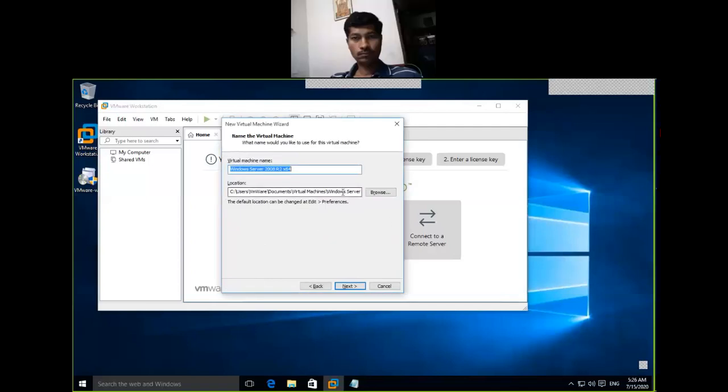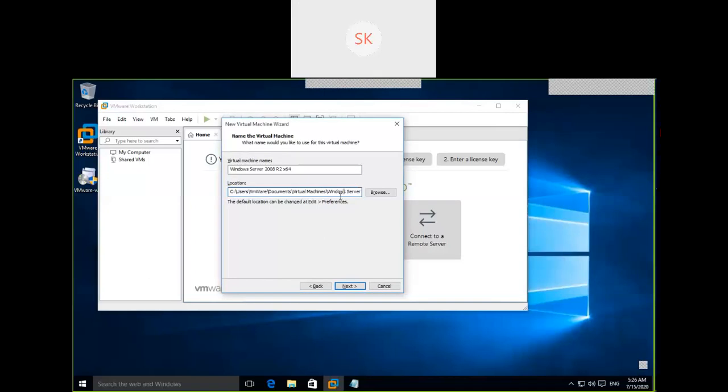Here you need to make sure it is going to create files. For example, this server requires some size of hard disk. We are creating virtual hardware: a processor, a memory, a hard disk, and a network.